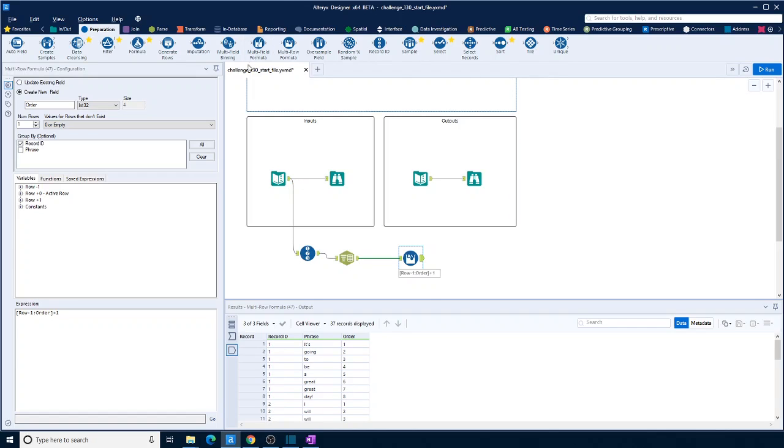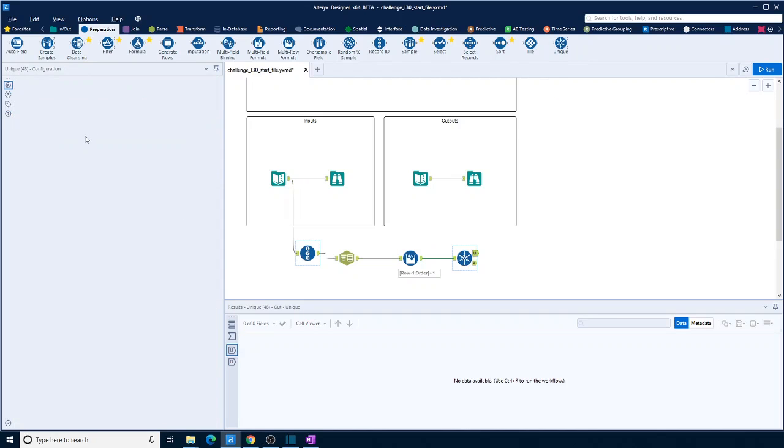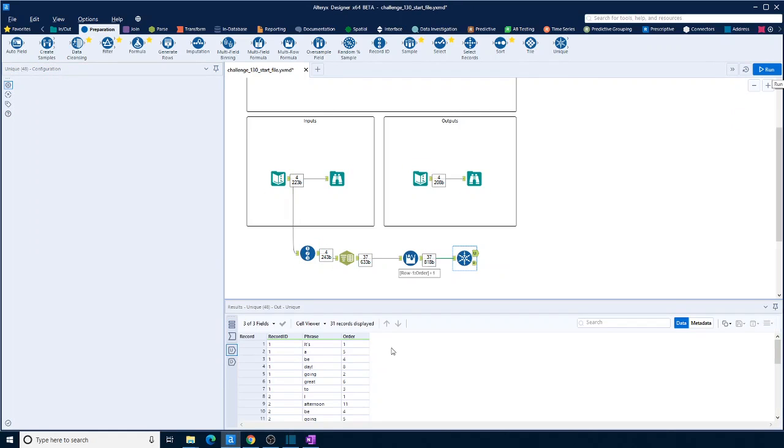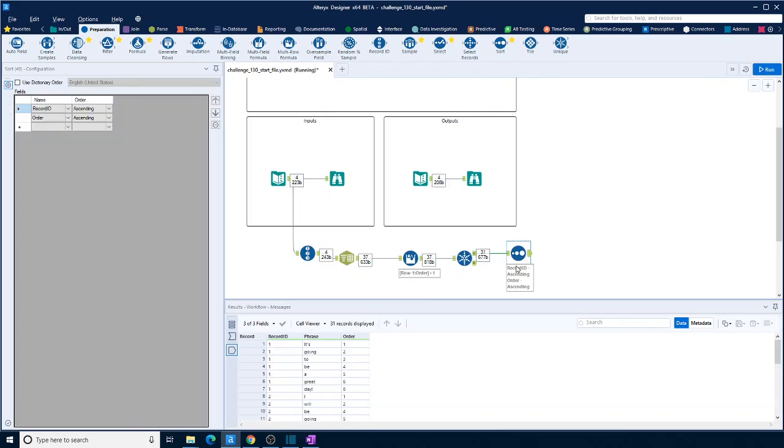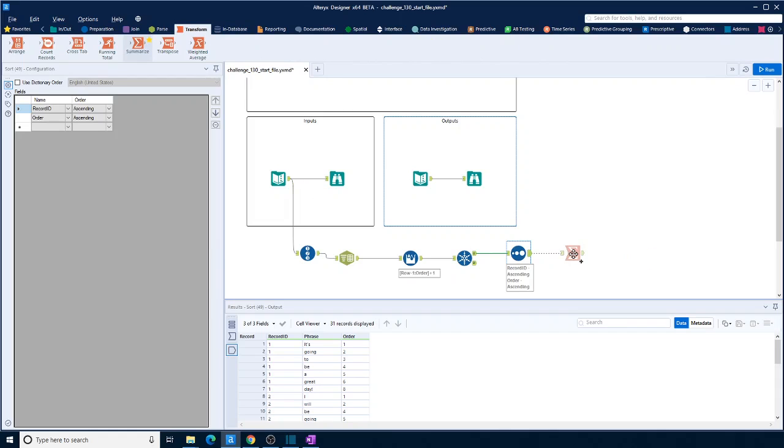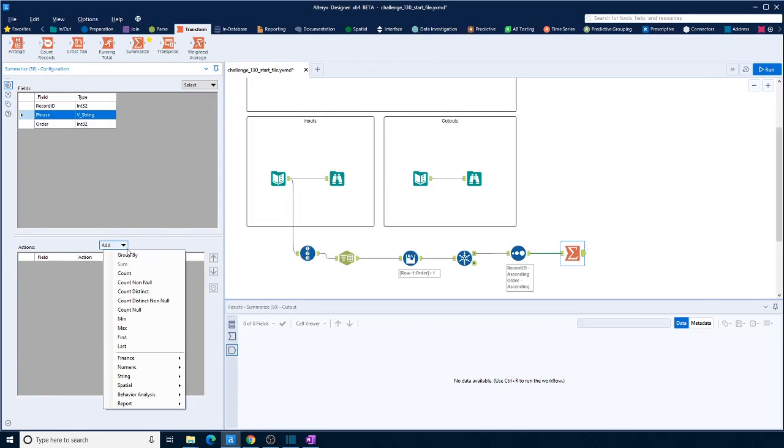Then I think what we can do is unique this on the record ID and the phrase. Okay, so that should then give us these, but as I said, I changed the order of them, so we just need to sort that back again. So if we sort by record ID and then by order, that should give us it back in the right order. It's going to be a great day, and then we can just group that, summarize that phrase back together using a string